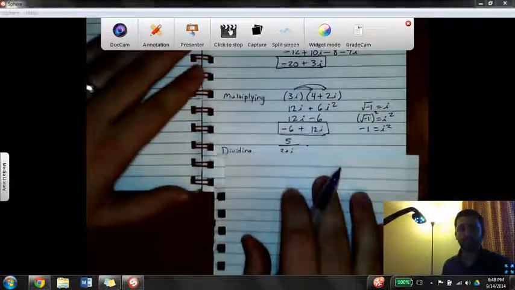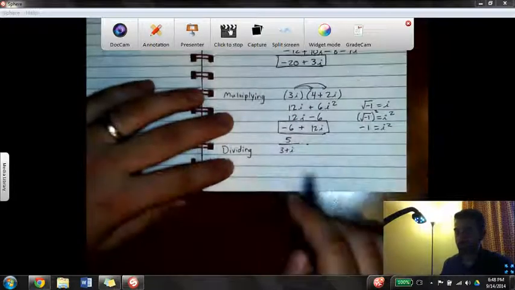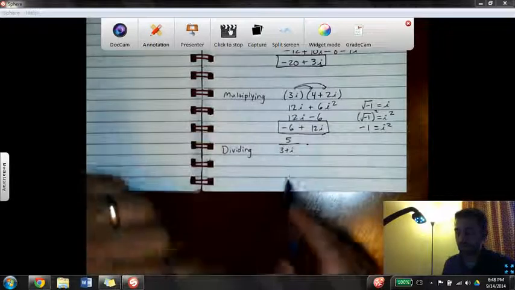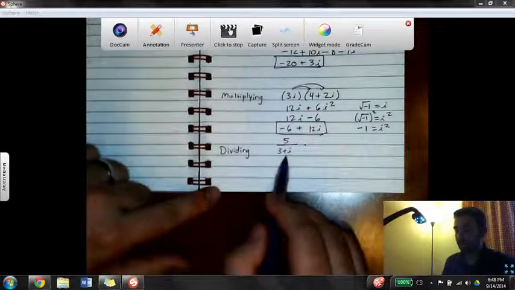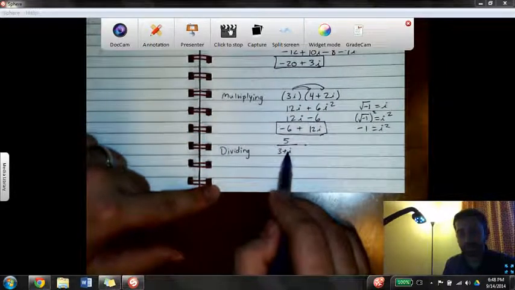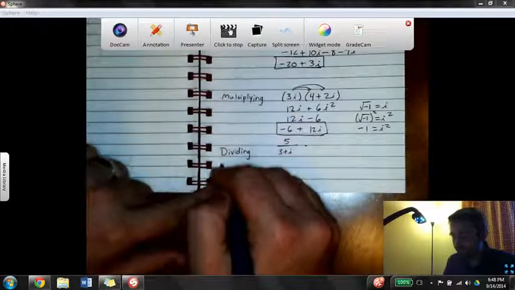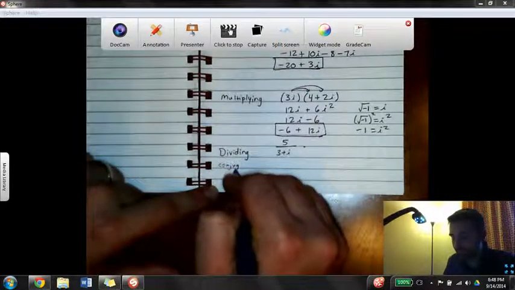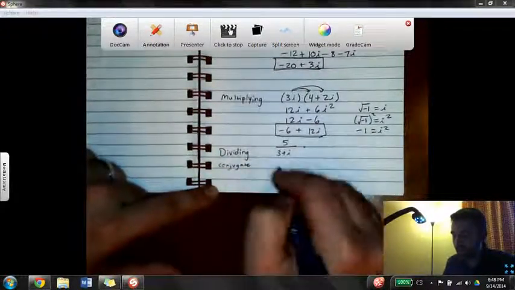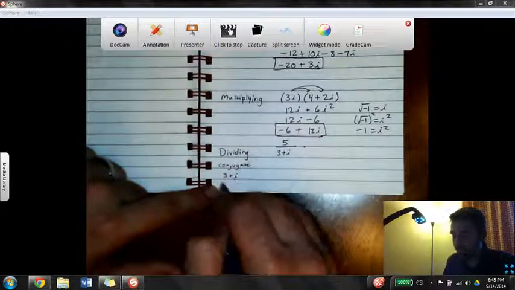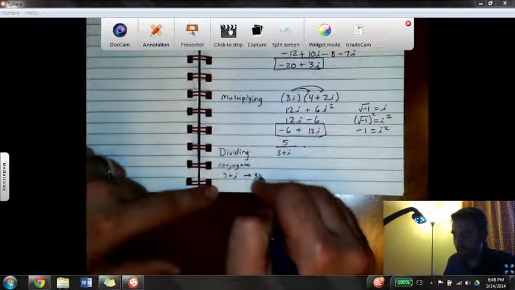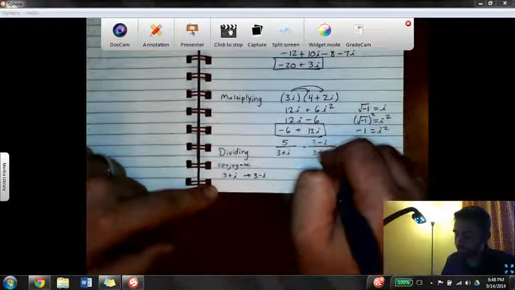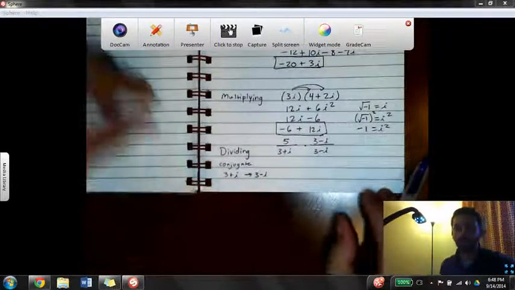The last operation is division. And so if we have 5 over 3 plus i, the tricky part here is you cannot have an i in the denominator. So you have to multiply the entire fraction by the conjugate. And the conjugate here is, if you have 3 plus i, the conjugate would be 3 minus i. And so we multiply both the numerator and the denominator